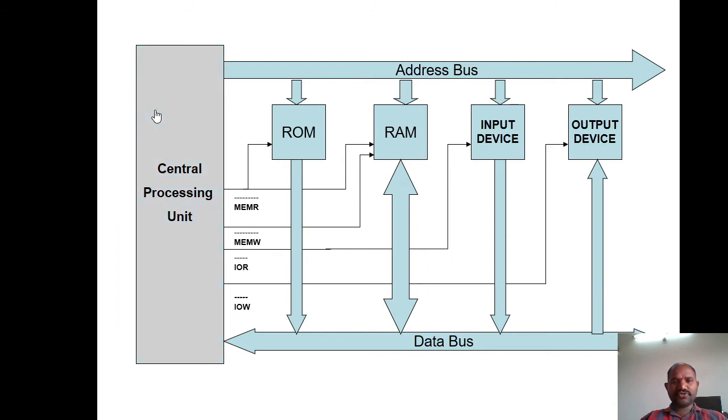So look at this, the color is varying. The central processing unit is taking the address and places that particular address on the address bus. If you see this, all the devices are receiving the addresses. It means the address is available at the address lines of the devices, but it is not entered into the device. It is not activated for this particular device. The address is commonly available for all the devices.